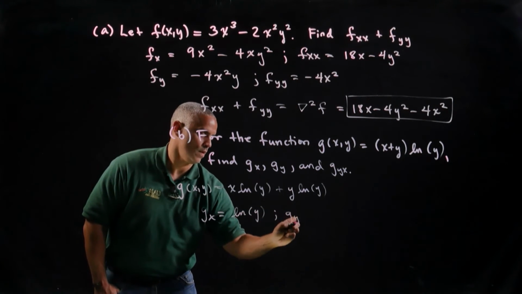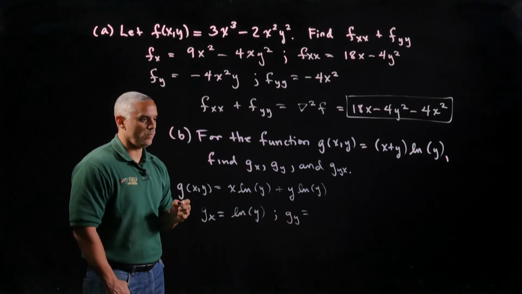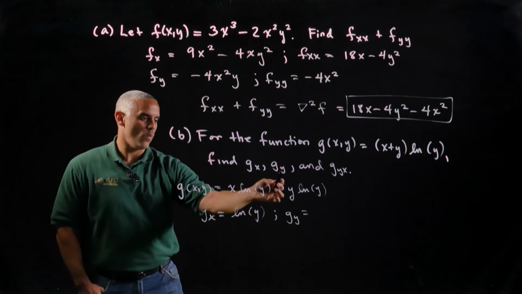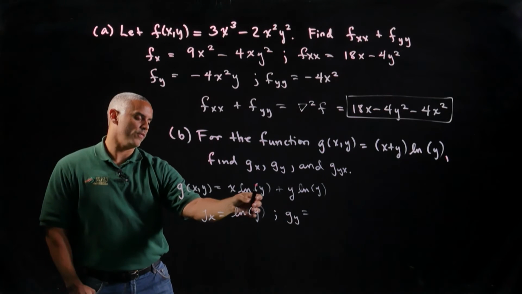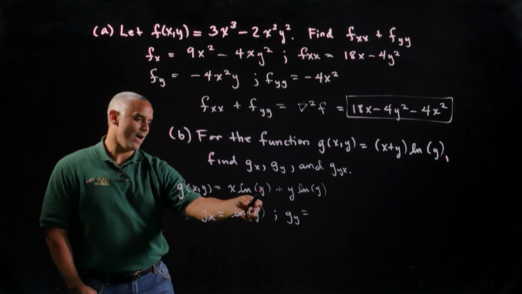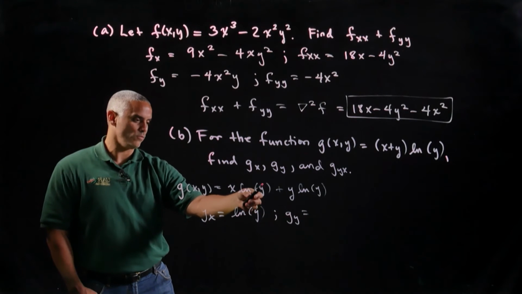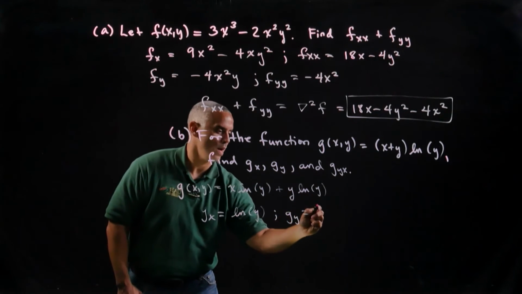Next, I'll find the y partial. And by finding the y partial, I notice that both terms have a y in it. So the derivative of the natural log of y will just give me the 1 over y times the derivative of y with respect to y, which is 1. So this gives me x over y